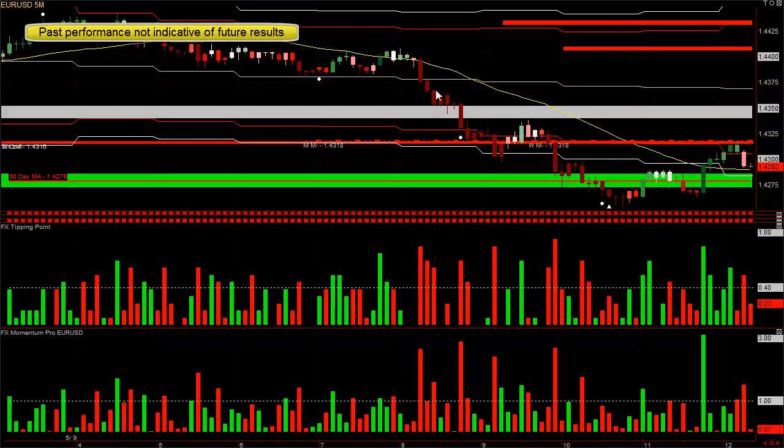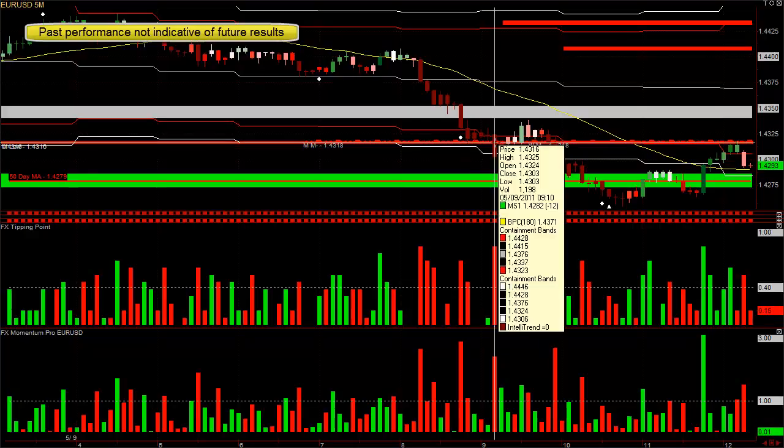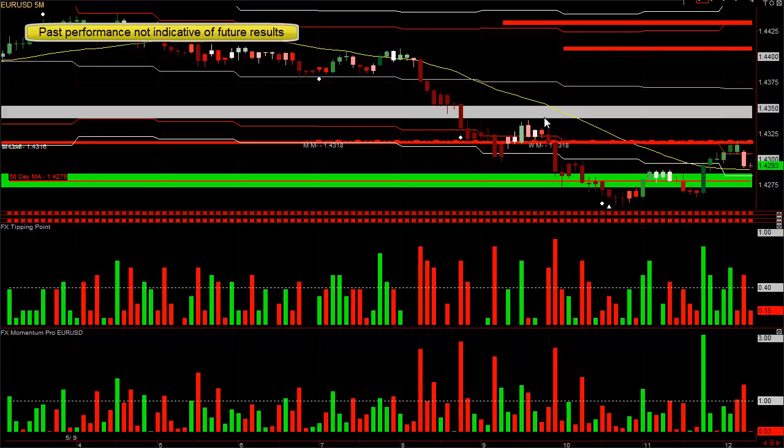You got in, it started falling about 25-40 pips. Most of these bars are all red. There's no green. The momentum is to the downside, and when it hits the lower containment band, you certainly might want to get out of some or half or even all of your trade. You had a pullback right here, and notice, on some of these bars, decent mass and velocity. And as it goes sideways here for the last 15 minutes, notice there's no